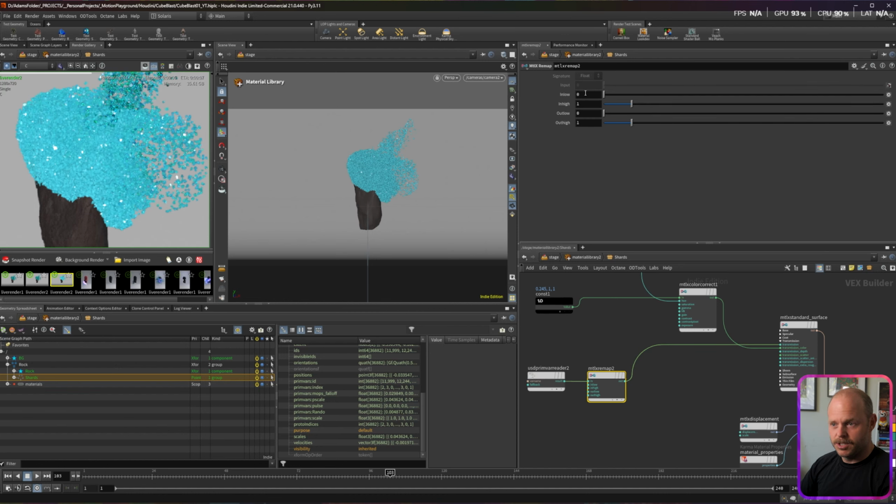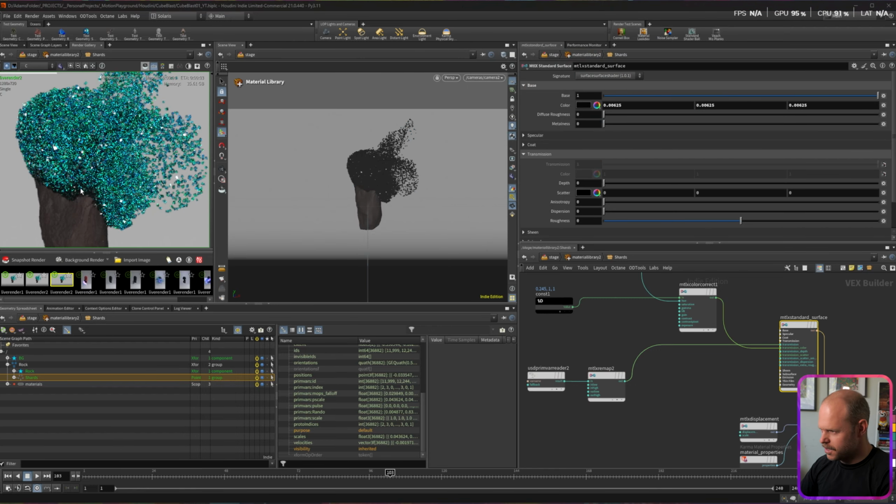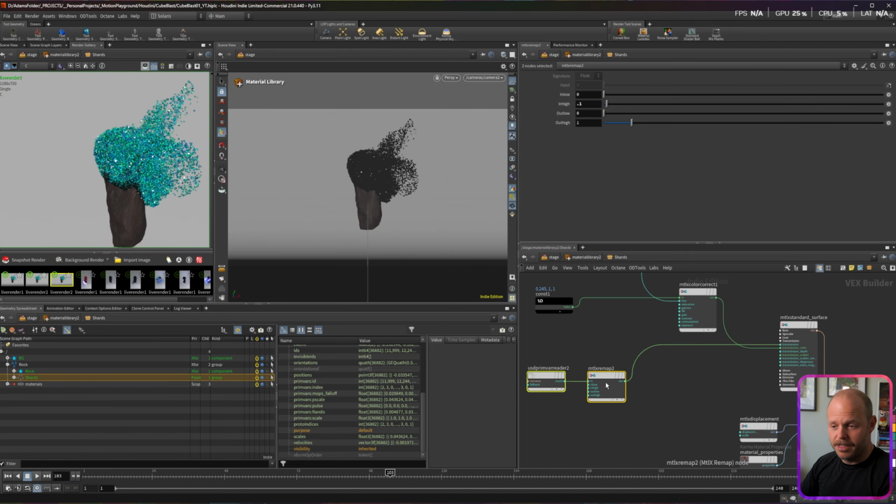And it should be going between 0 and 1. But we want to bring the input down to maybe 0.1. And it's blue. I want this to be black. So there we go. We can see that those ones right at the edge there, the transmission gets turned off, essentially. Now, another thing I want to do is that blast, that pulse blast that I created,